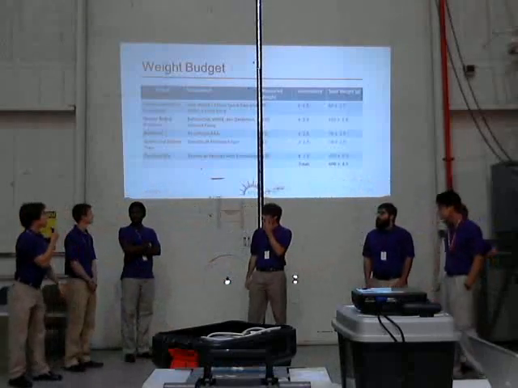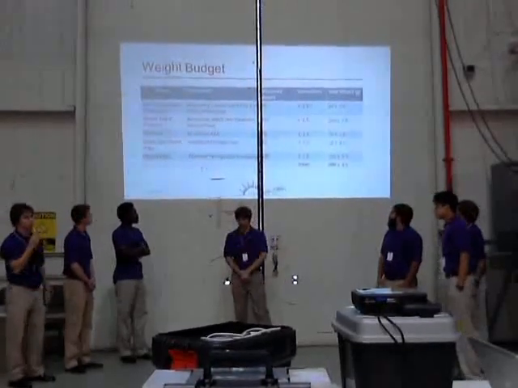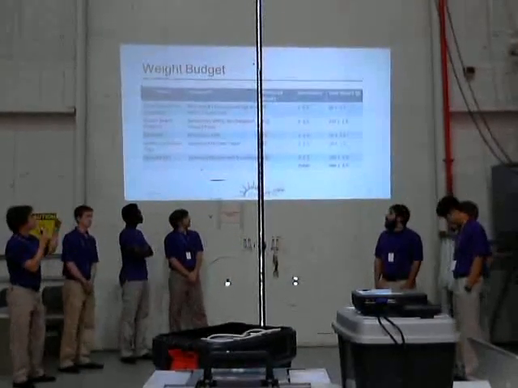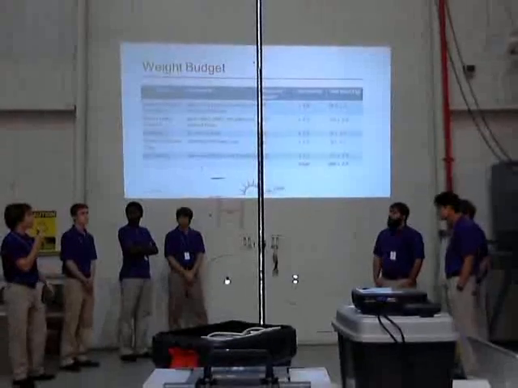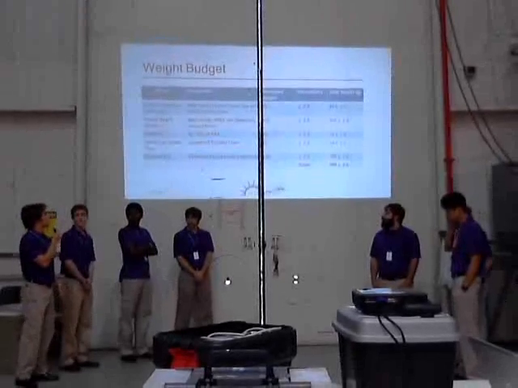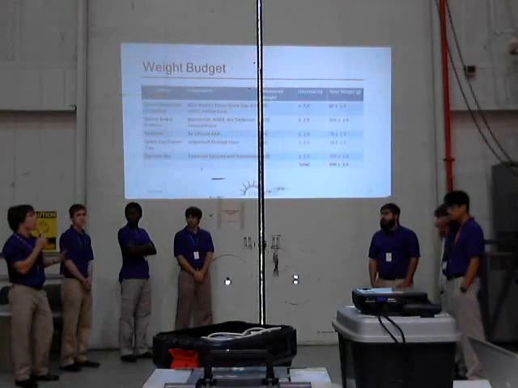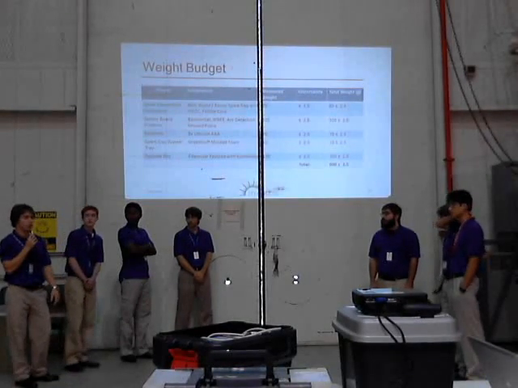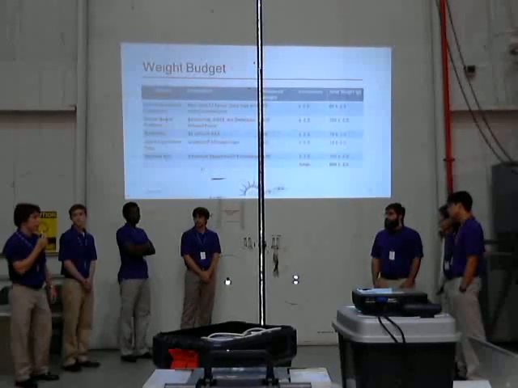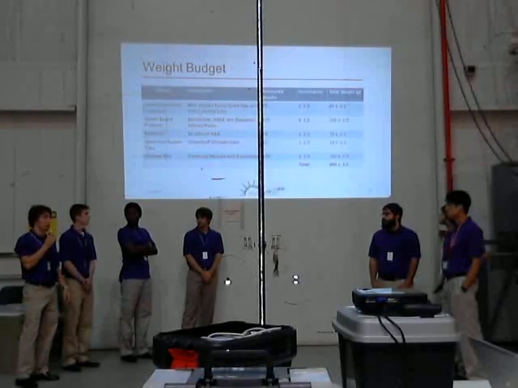Alright, so this is our weight budget. As you can see, the most important thing you can take from it is that it's over 500 grams. We're at about 600 grams right now. But that comes from pretty much just having a lot of circuitry that has to be interfaced to make the spark and to have a working payload. Also, a lot of the weight comes from the foam block itself. And we also had some problems recently that we had to deal with and add about 50 extra grams. That had to do with a small ferrite piece, which is about 25 grams, and also a larger ground plane.